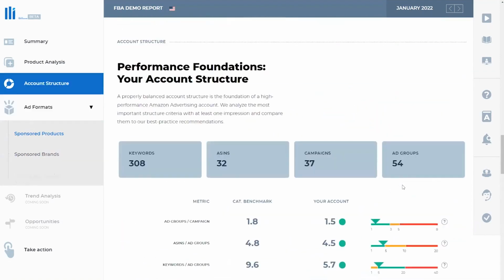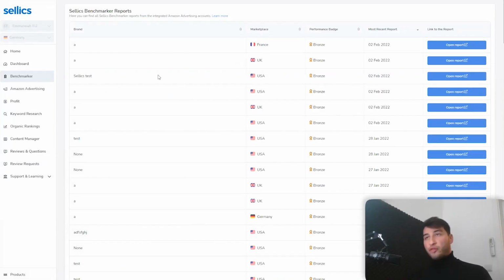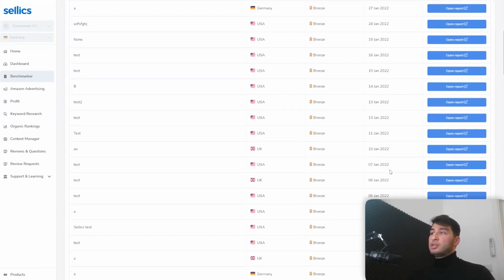So that's basically our benchmark report, which when you are a trial, you can have it for free, right? And when you are a customer, you will get this report every month here in this feature automatically. It will open, like you can see here. You can have it for different marketplaces, right? So for the marketplace in France, UK, USA, as you can see here, Germany, you can have all the marketplaces that we have available on Sellics. You can also have a benchmark report on them, right? And you can take a look at the most recent reports here. If you scroll down, you can take a look from December and so on.